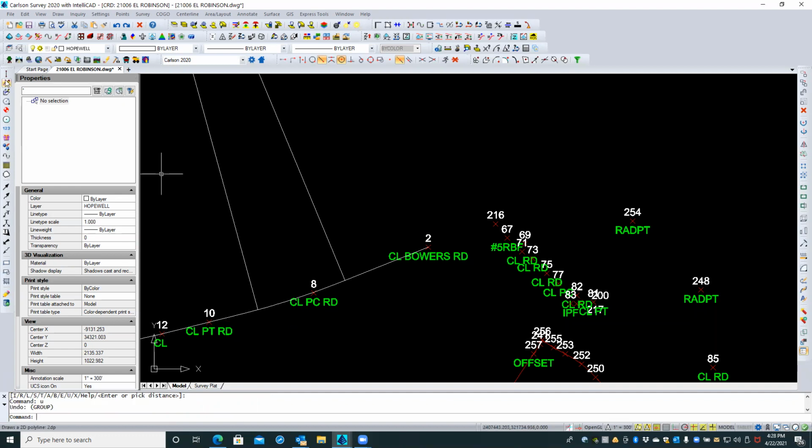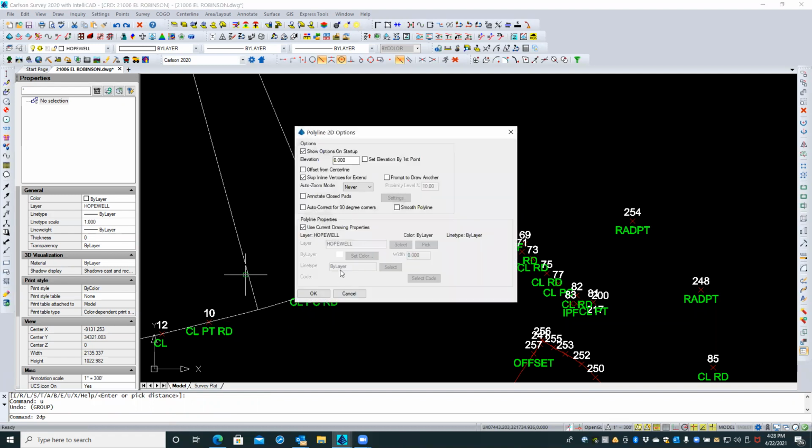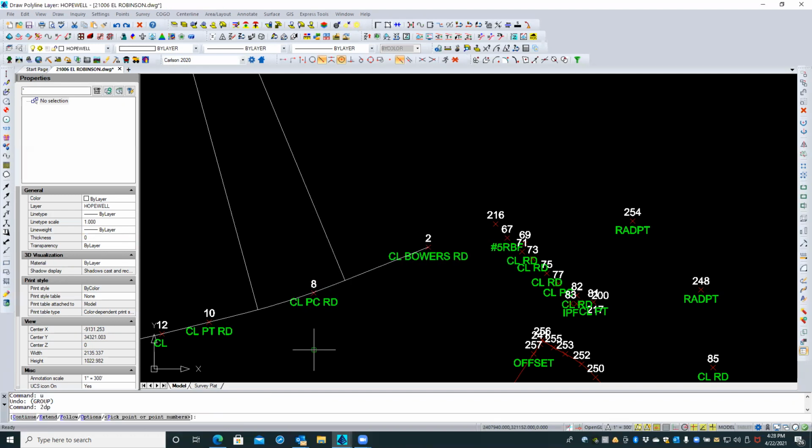If I do from 12 to 10, and then let's extend that 100 feet. All right, still just so flat, that's a problem. And if I repeat from 2 to 8, and if I intersect those two lines,